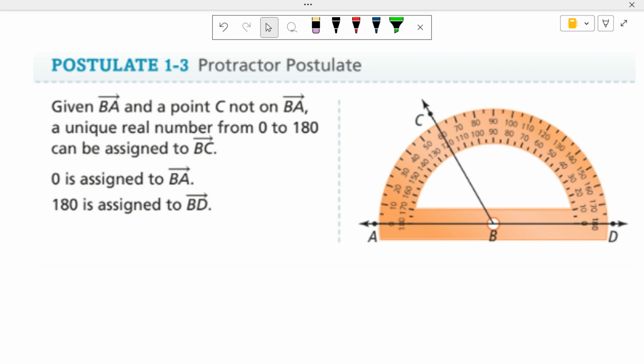And the answer is no. Because for D, if we see where the 0 is, it's on the inside track, not the outside track. Here, 0 is on the outside track, so you use the outside track to figure out the angle. Here, 0 is on the inside track, so we use the inside track. So looking at this, angle DBC is